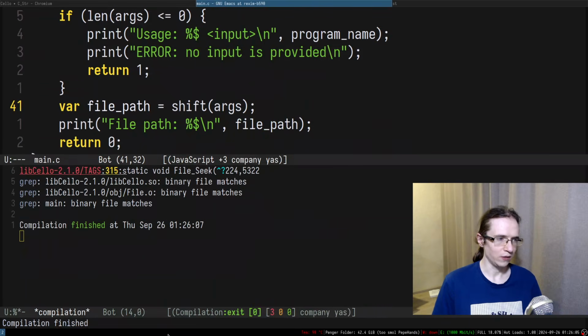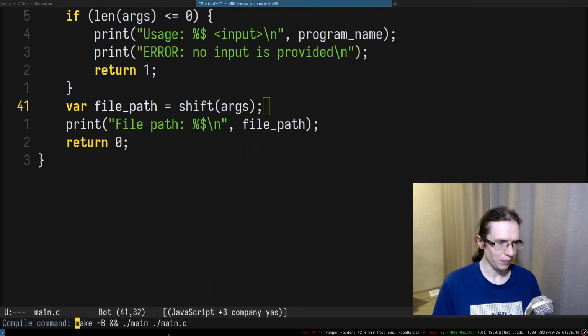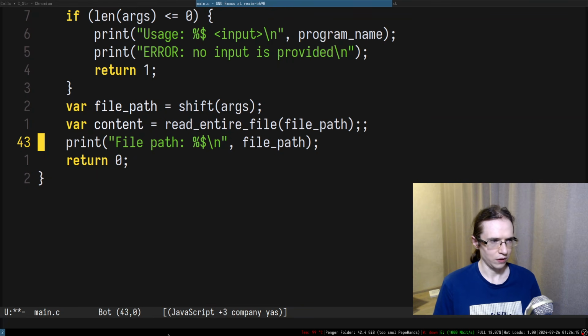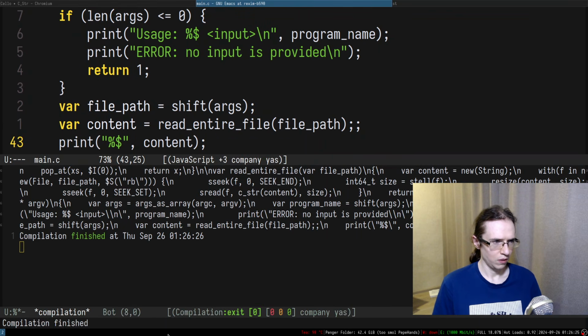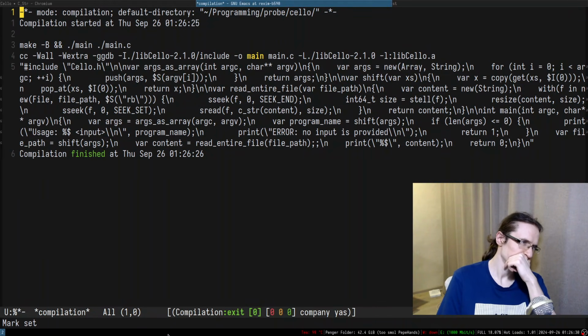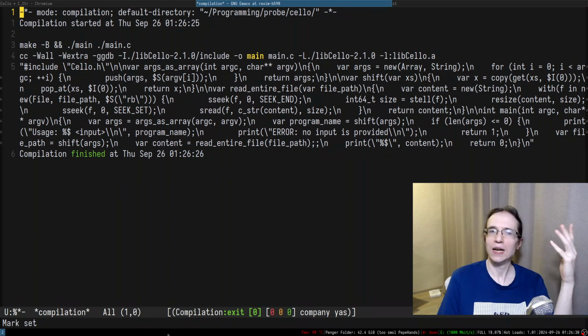So if I try to compile, well, yeah, let's go and find make. Okay, so that seems to be working. So read entire file path, and this is content. Right, and then we can just print that content like this. Ha! I mean,